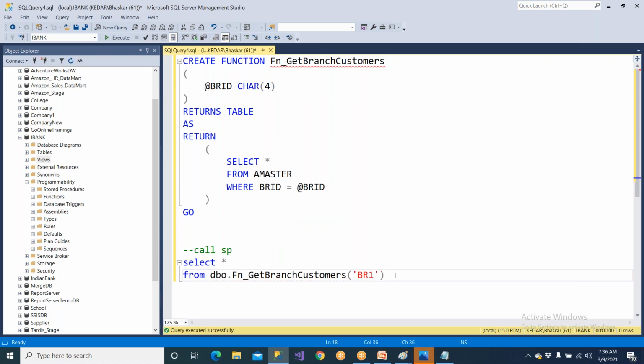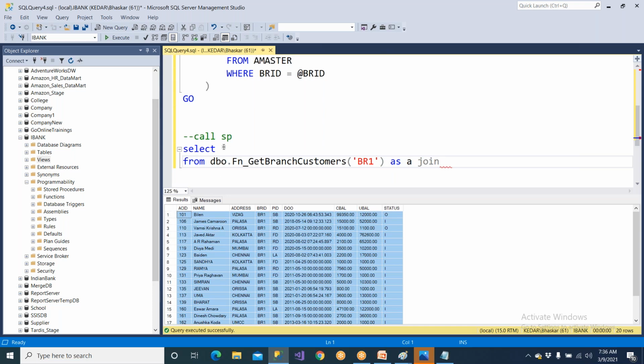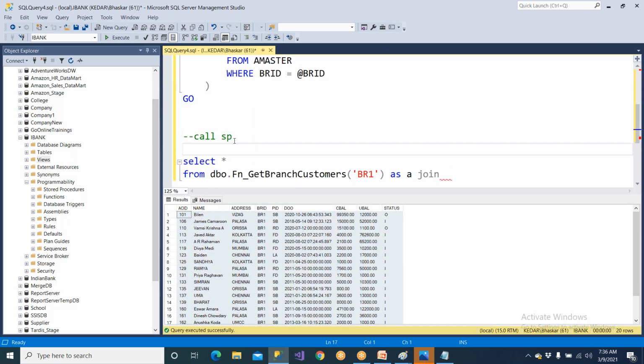You should be able to execute BR1 data. So this is returning a table. Now I will be able to say, as this is a table, A join. So I am able to get some data. So you can call the function and